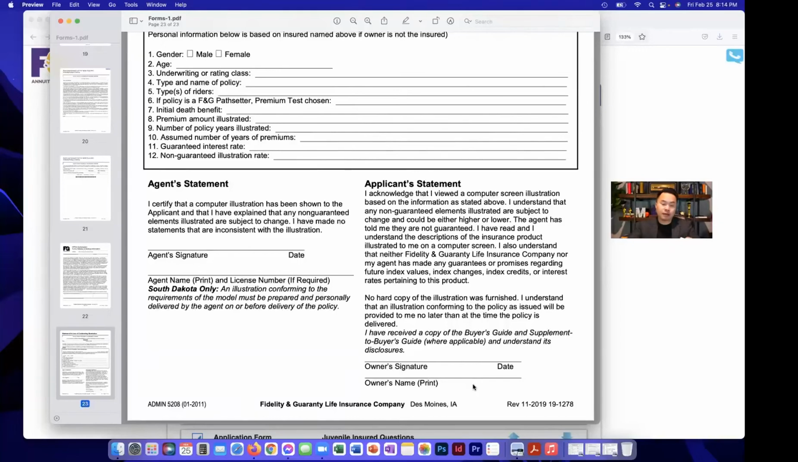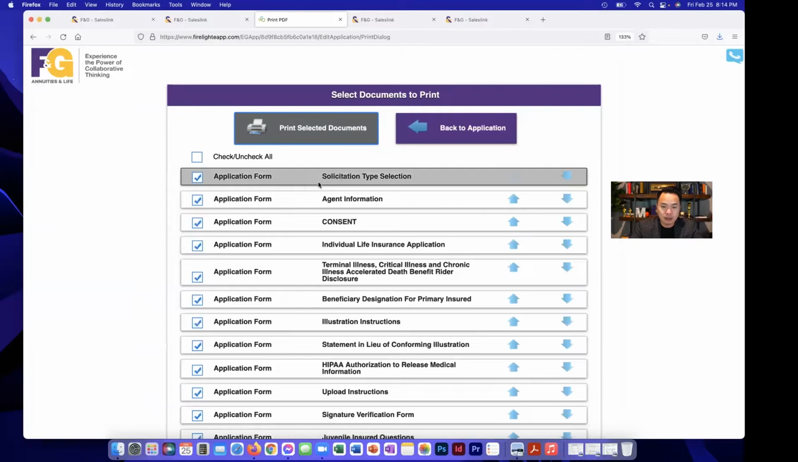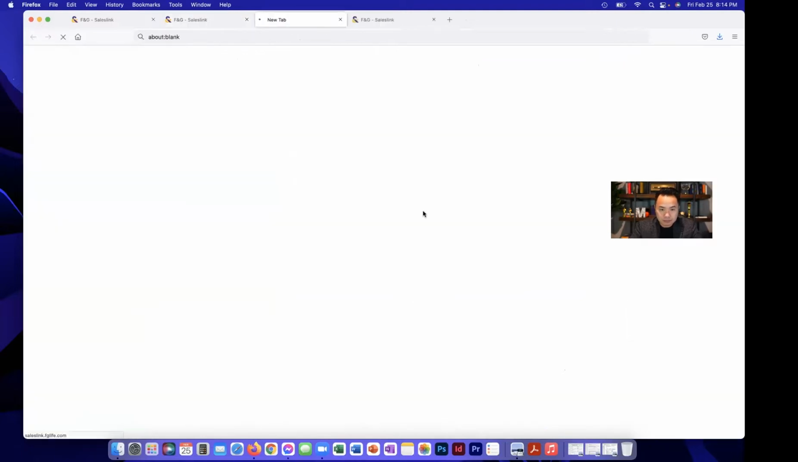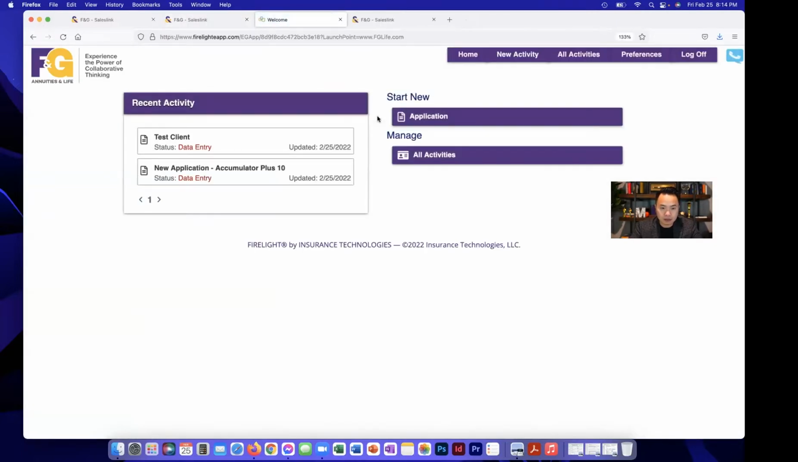The annuity application has been revamped, okay? And it's no longer like the same before. Those of you guys who already did your application, you know. Those of you who didn't, this will be kind of new. So now you want to start an application,